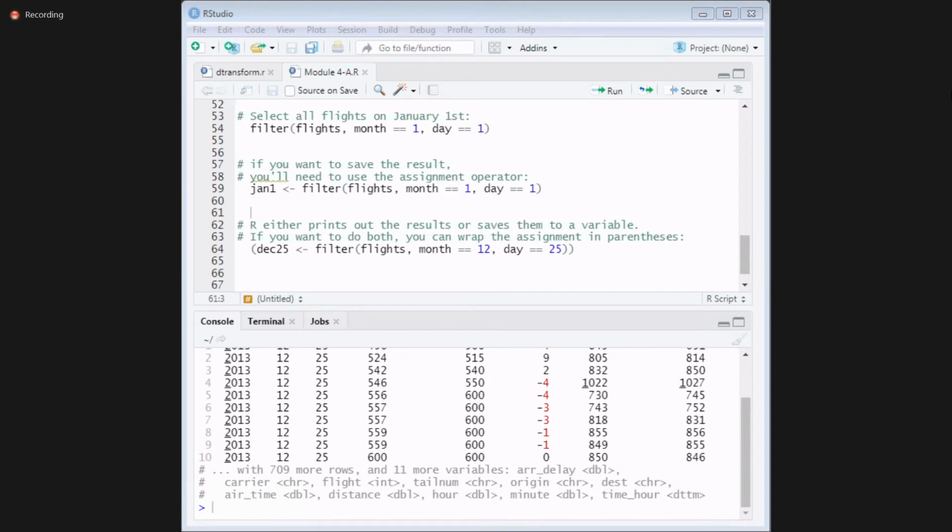Yes. Next, I want to do what? Comparisons. I want to do comparisons in filter only. Okay.